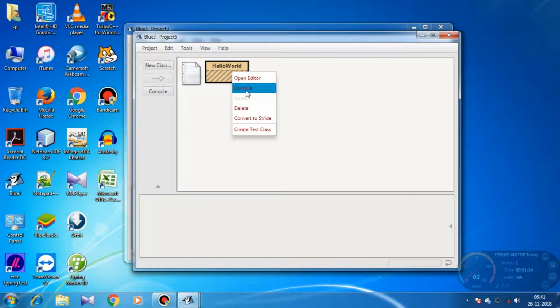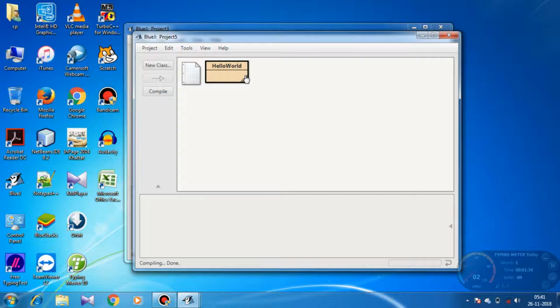If you click compile, then you can see these strips on the class icon will just vanish. Now when it is compiled, it will just save the code. The code is automatically saved on the disk. We don't have to save the code.